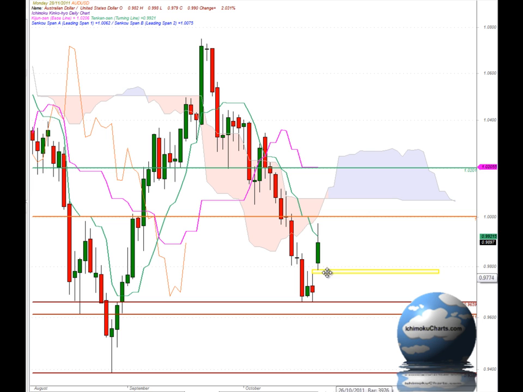Now, just looking at this highlighted yellow area, we have had a window set up in this market, and in candlestick terms, windows are the same as gaps. They're just a gap between the highs and the lows of two adjacent candles, not to be confused with the gap between the bodies, and some people think that the gap between the bodies of the candles is a window in candlestick terms. That's not correct. It's actually the same as the gap that we have in our Western style of analysis,